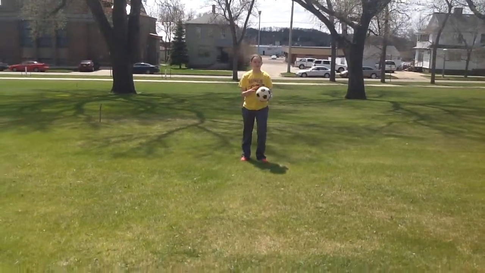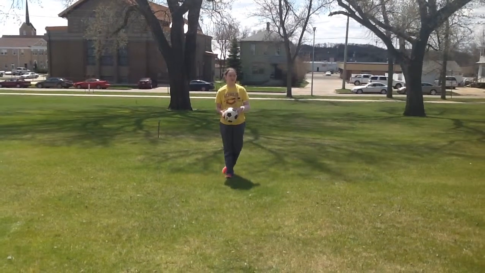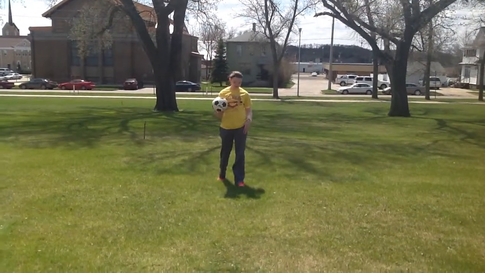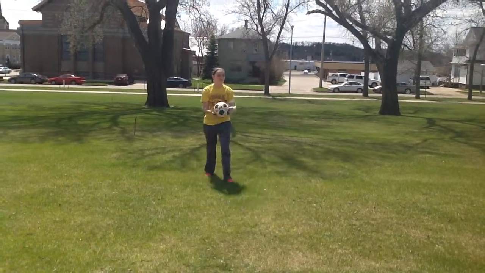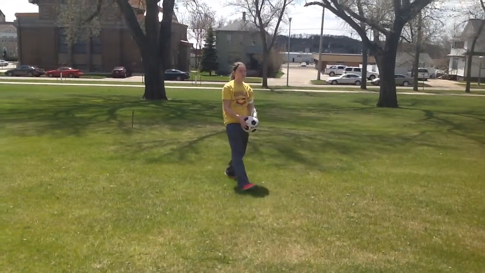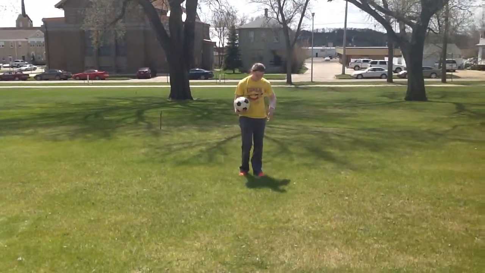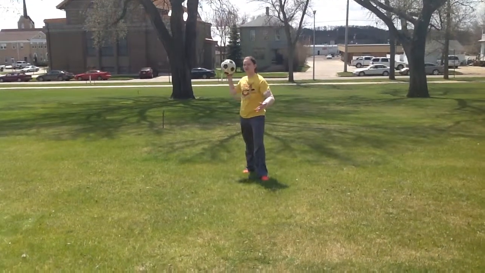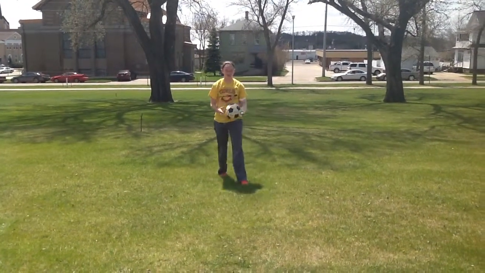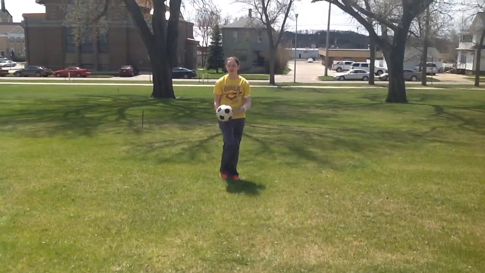A throw-in would be when you get the ball when it goes out of bounds. I step with my less dominant leg because then I bring this one up to throw. So I step and then throw. Well, I'm not going to actually throw it. You want to bring it over your head and throw it. You just don't throw it one-handed, because that's illegal in the game. So you want to step and throw over your head